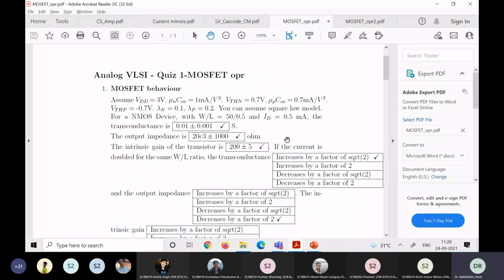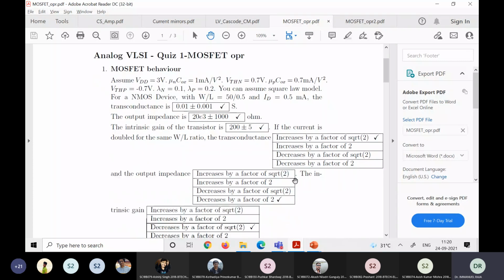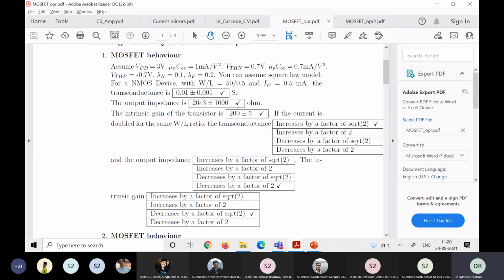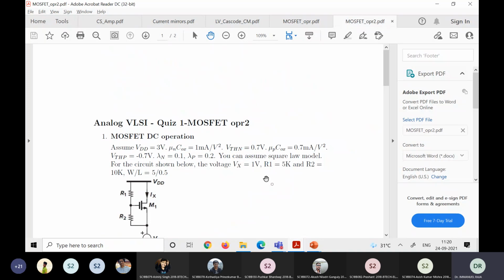This one actually, I thought I will give as an easy question for people to score marks easily. But unfortunately, people had got stuff here wrong. It's very straightforward, just direct application of formula. This is the transconductance formula. You can directly apply output impedance 1 by lambda ID. Intrinsic gain is GM R0, right? And these are all the relationships, of course. I thought this would be an easy, scoring question.